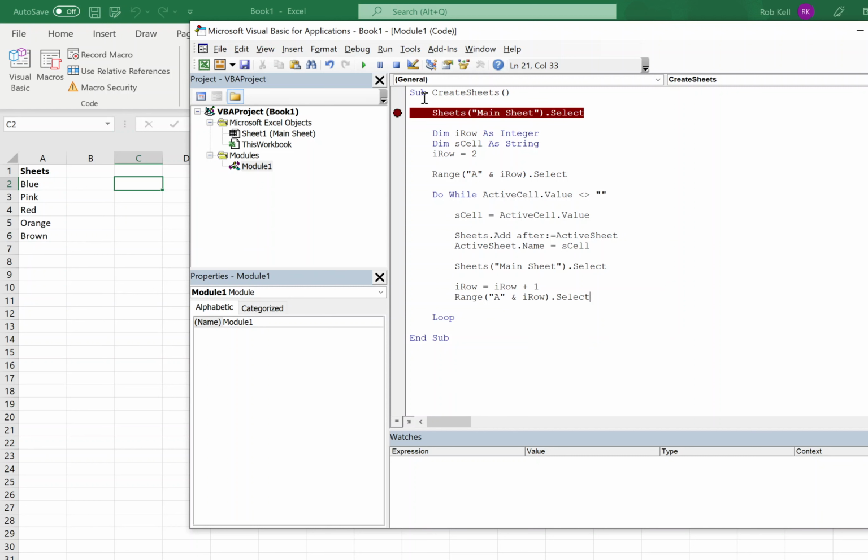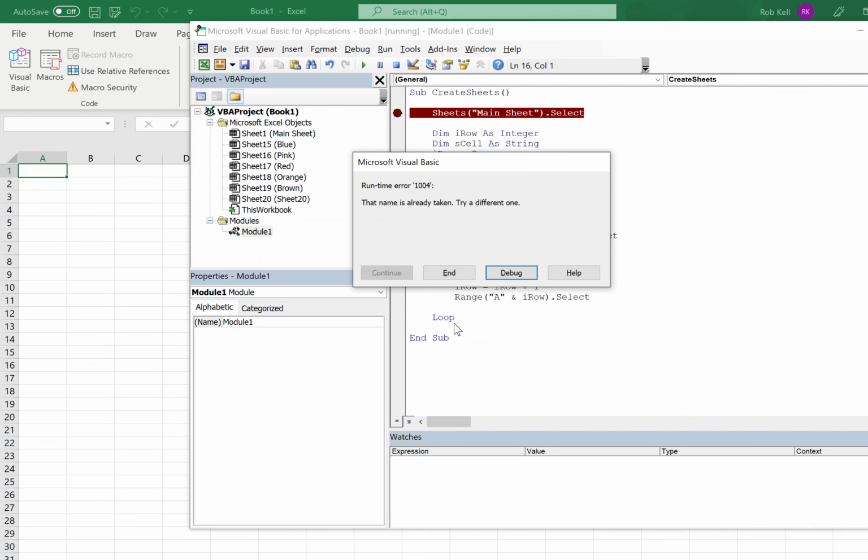If I just highlight this here, put a breakpoint in, execute this, and as I tap through, you can see that blue is now highlighted. If I go to here, we've created blue as a new sheet. We go back to main sheet, we drop down to pink, we continue, and we create pink, then we create red, then we create orange, then we create brown, and then we